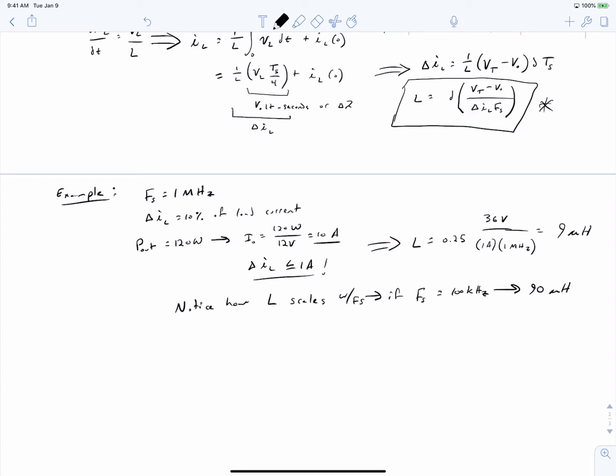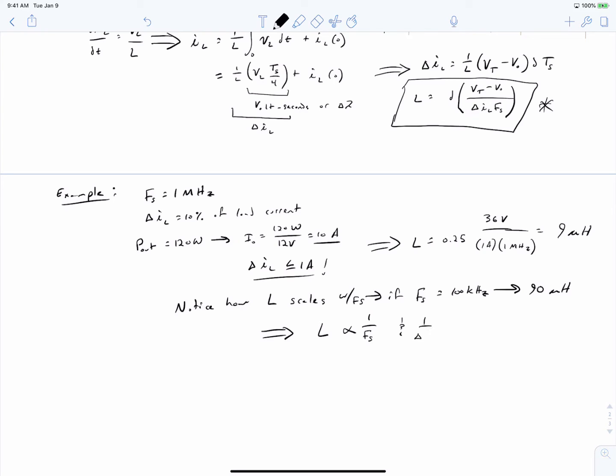So by decreasing our switching frequency by an order of magnitude, we'd increase the required inductance value by an order of magnitude. And we'll talk about the design of inductors later, but it's fairly intuitive to see that as we increase our inductor value, we're going to also increase the physical size of our inductor. We're going to increase the number of turns that are required to be on our inductor, which increases both the size and the cost. So in conclusion, we can note that our inductance is proportional to 1 over Fs and